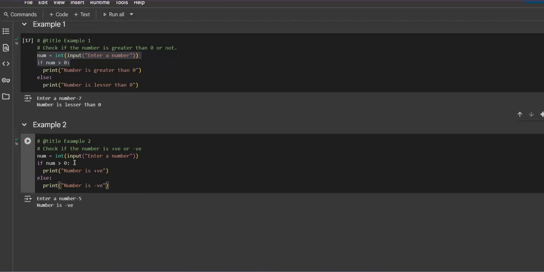But the problem here is if I run it and give the value as 0, you can see the number is positive. Does 0 have any symbol or any sign? No. It is neutral basically, right? It doesn't have a positive symbol. It doesn't have a negative symbol. It is neutral basically. So we are supposed to write one more condition,